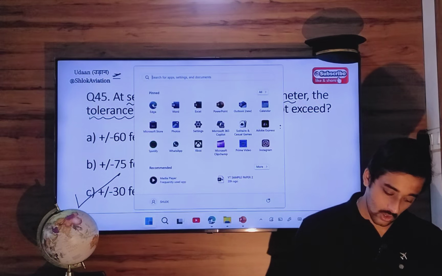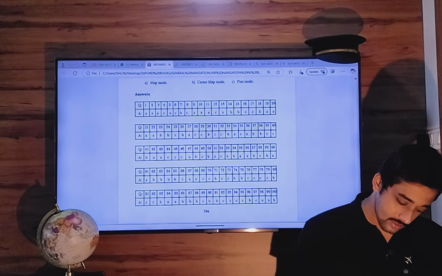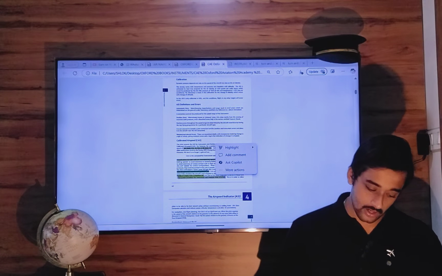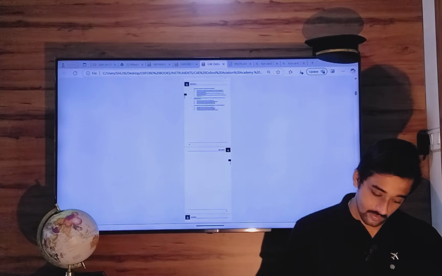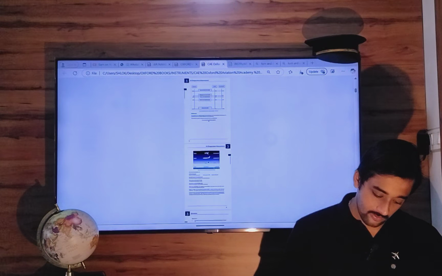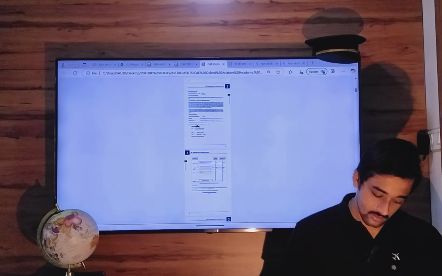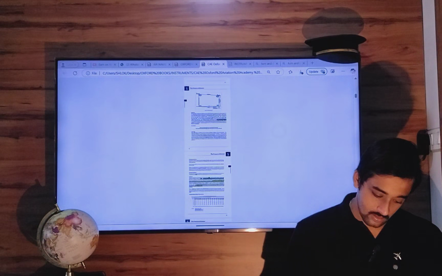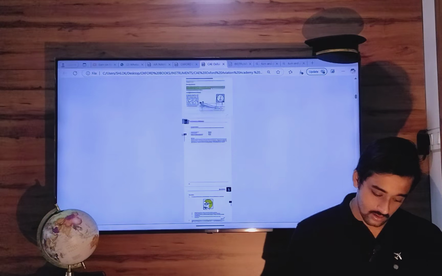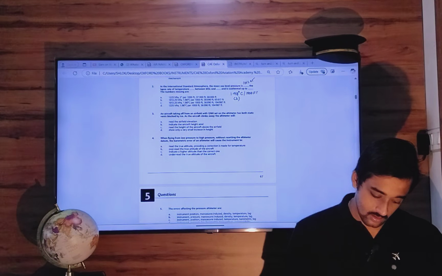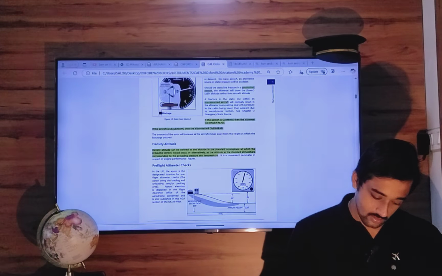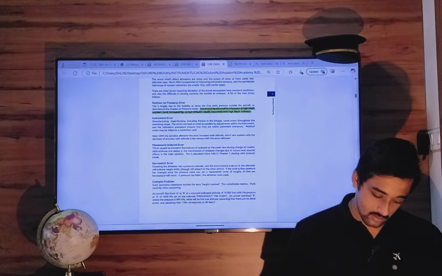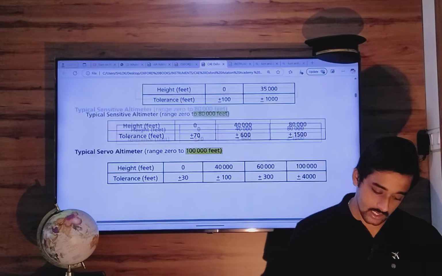So if you check this chapter, your Oxford Instruments Altimetry, you will find that over here tolerance is on page